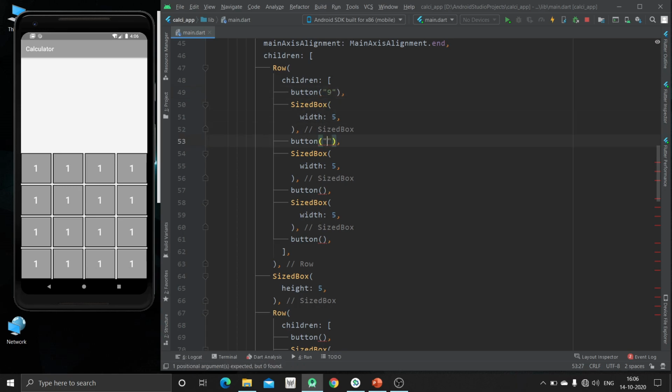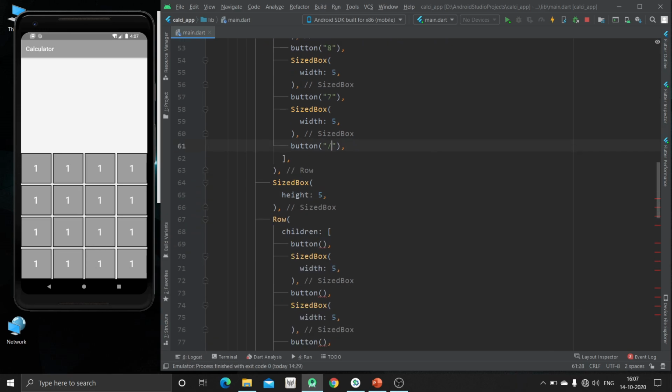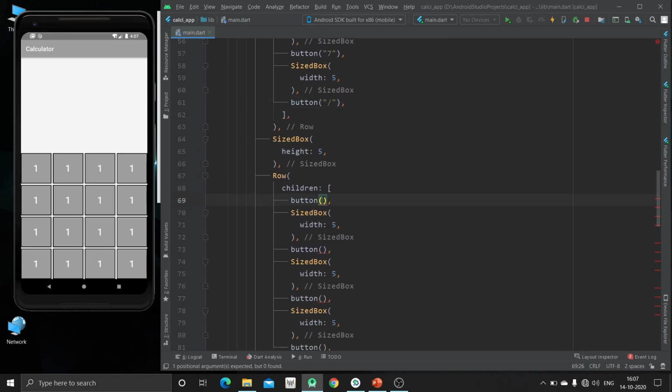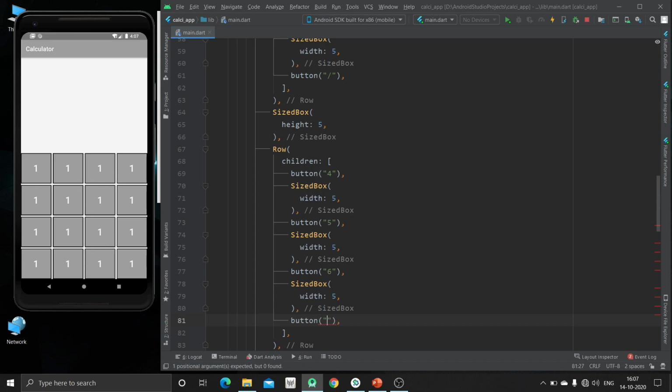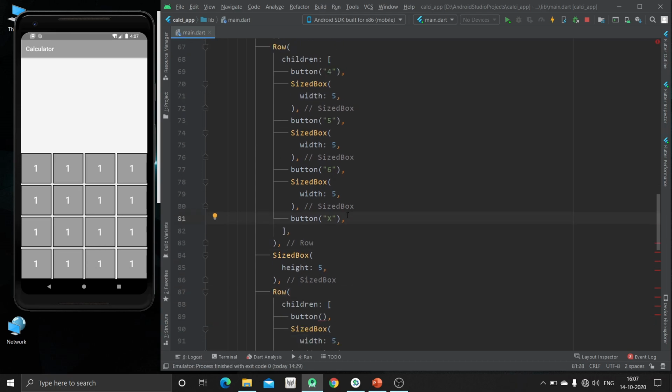So the first one should be 9, then 8, then 7, then divide, and then 4, 5, 6, and here multiply.